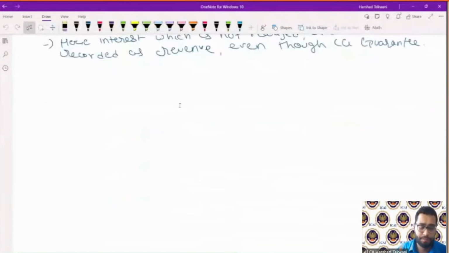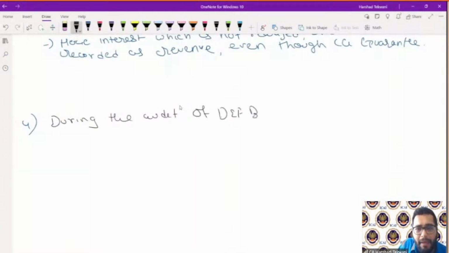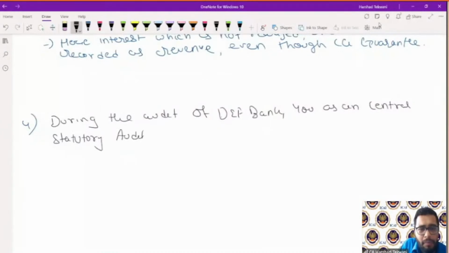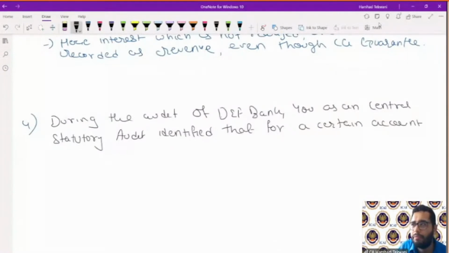Okay, another question. During the audit of DEF Bank, you as a central statutory auditor identified that for a certain account, the limits were last verified on, let's say,